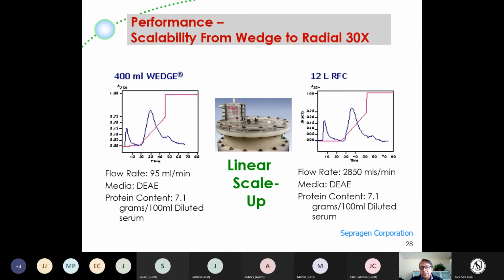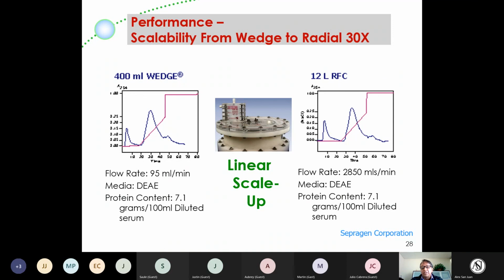Now in the video you saw the wedge. If you think of the radial flow column as a pizza, the scaled down model for a pizza is a slice, right? So we have these slice columns, we call them wedge columns, that have essentially flow coming in from one side, going out the other, but one side is narrower compared to the other, but it mimics the flow of the radial flow column,